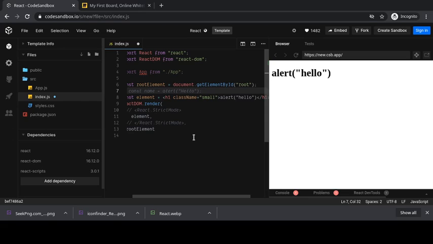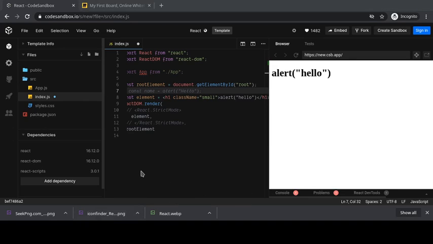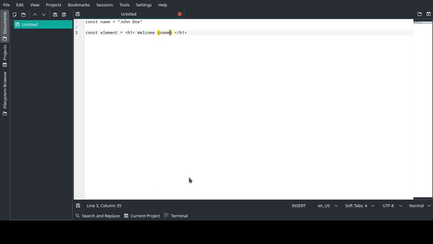As said, behind the scenes, when you are doing a const element, what is happening is it is converting that normal JavaScript expression. When I do this, behind the scenes this is how React redefines the JSX into an object.